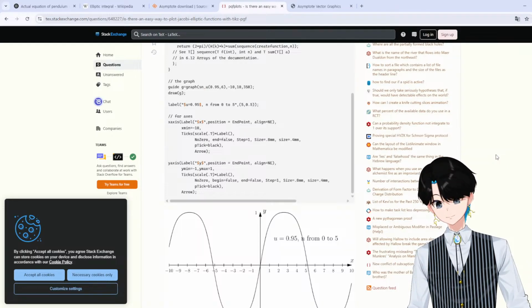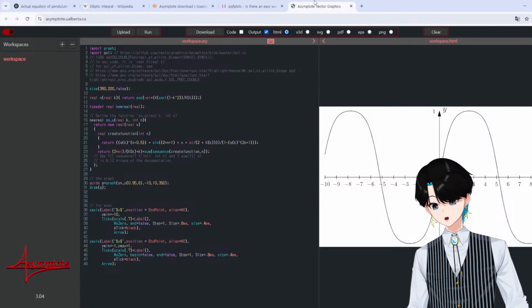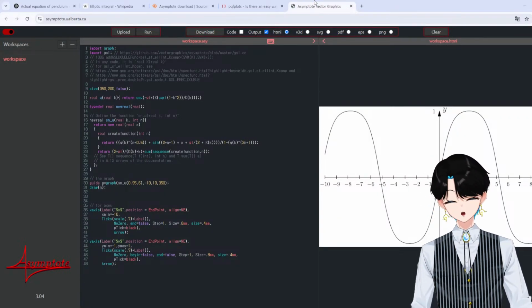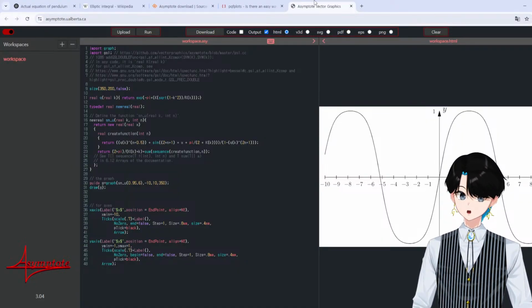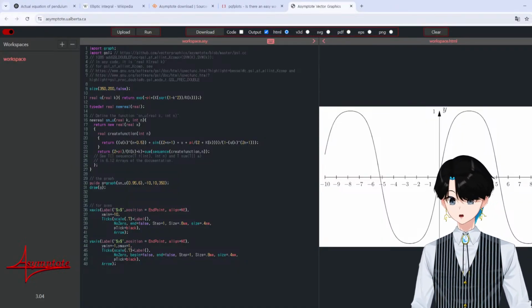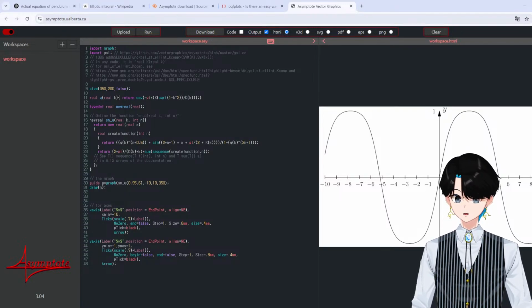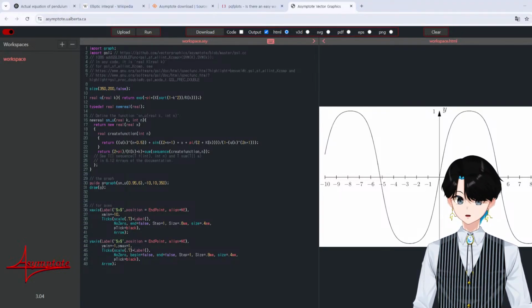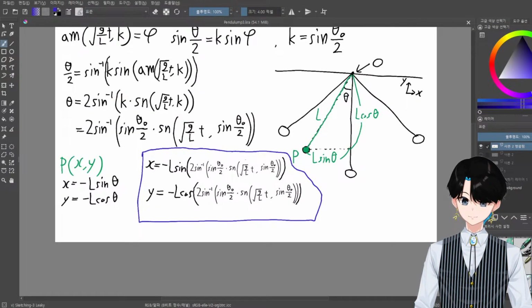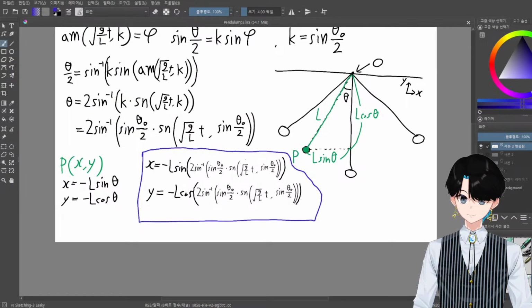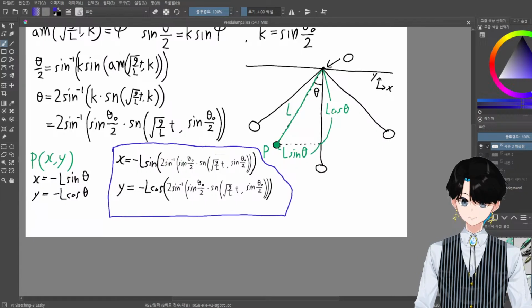And from 0 to... I can probably... Okay, so following this code, I can probably plot these